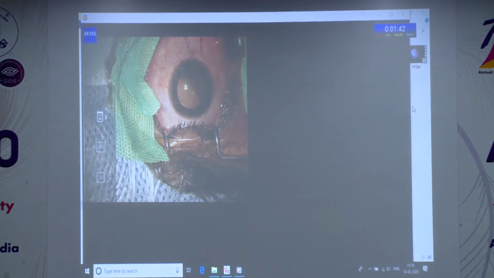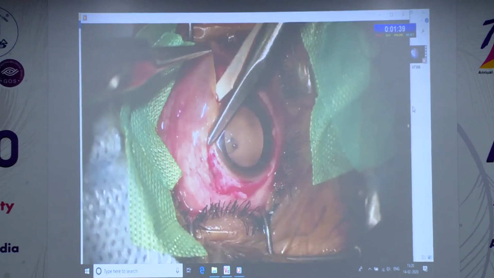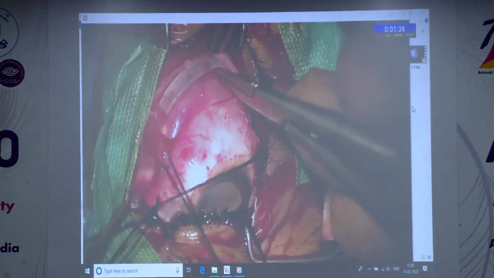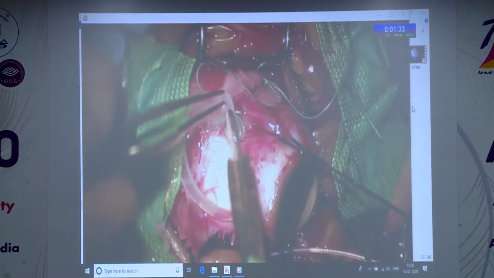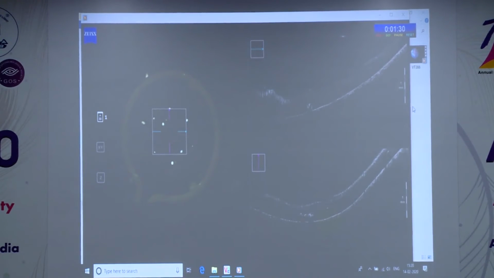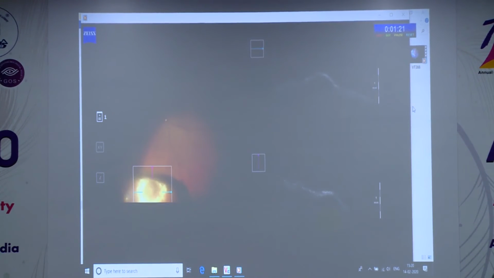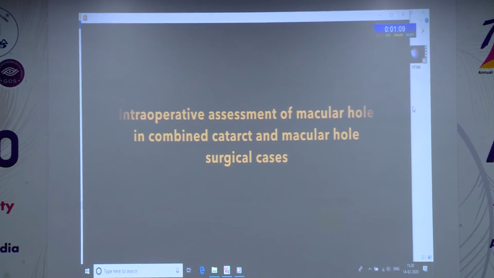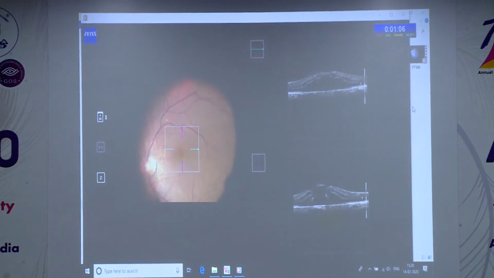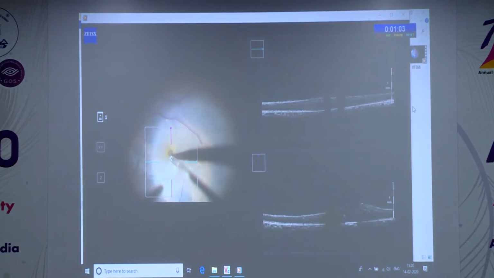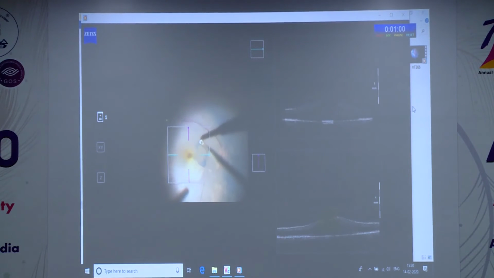While doing simple scleral buckling for retinal detachment, the same technique can be utilized to assess subtle proliferative vitreoretinopathy changes as well as quantification of subretinal fluid, immediately post-subretinal fluid drainage, which is done externally. Other indispensable utility of intraoperative OCT includes assessment of the peripheral lesion, thereby aiding in formulation of a clinical diagnosis, as well as the assessment of the macular hole anatomy in a case with marked cataract during combined cataract and vitreoretinal procedure where preoperative assessment is not possible.